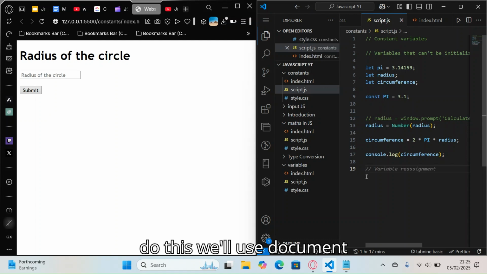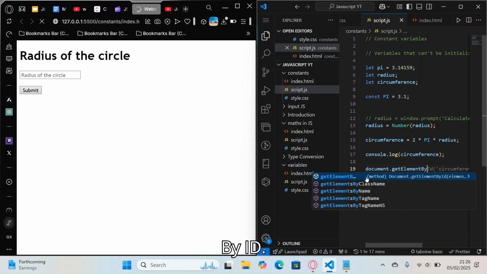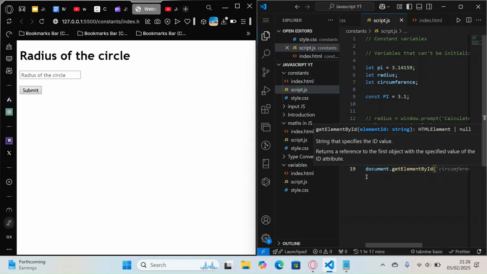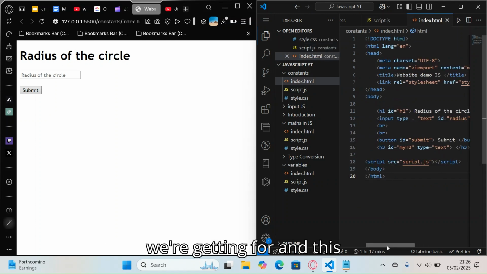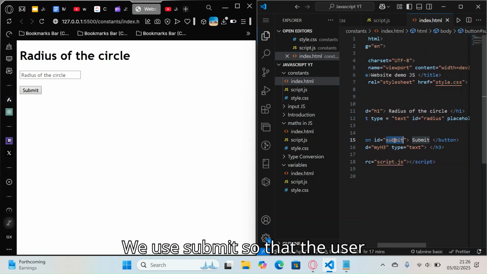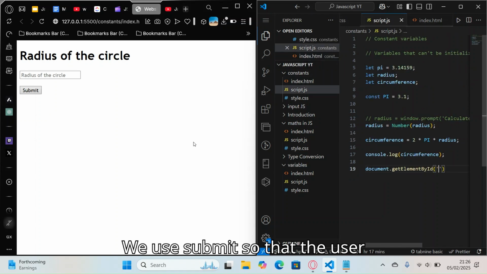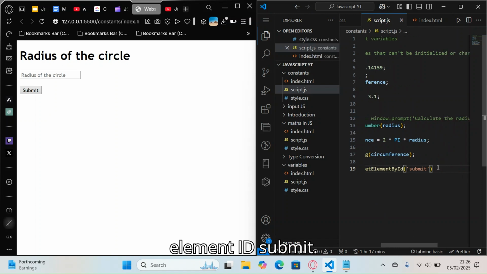To do this, we'll use document.getElementById. We're then going to find the ID we're getting, and this time we use submit so that the user is able to submit and enter the value while specifying the radius. So document.getElementById submit